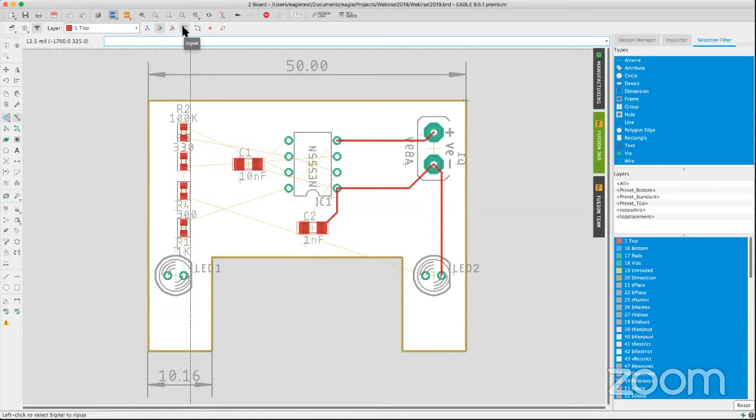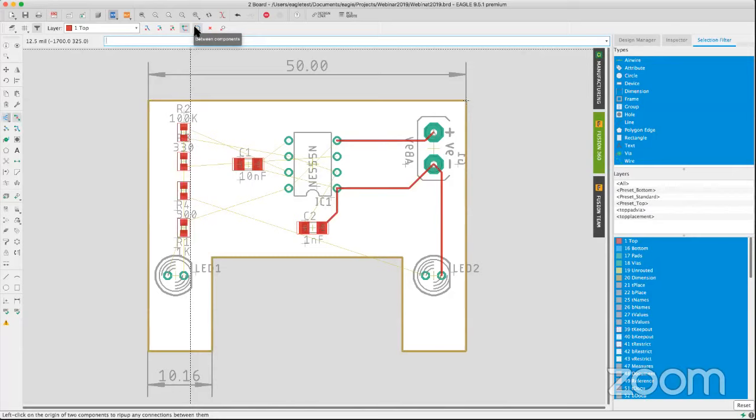And then here you have per signal. Here on signal, it's actually kind of useful, because I could click on a particular trace on the board, let's say ground, and if I use this option and click on that, it's going to rip up all my grounds throughout the entire board. Okay. Yeah, use with caution though, because it can be a little bit of an elephant gun, you know? You can blow away all of your